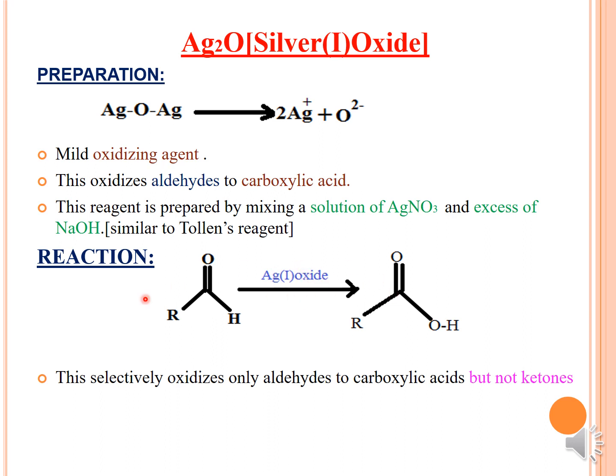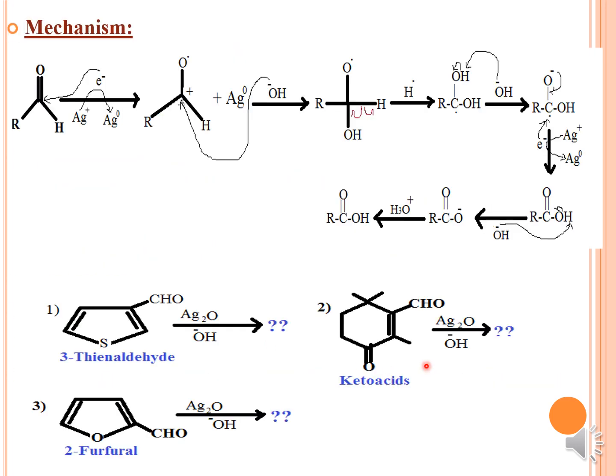So moving on to the reaction part, if you see here in the reaction, we are taking the aldehyde, and if we are treating it with the silver oxide, this gets converted into the carboxylic acid. And remember, in the next slide, if you go through the mechanism, this mechanism is basically based on single electron transfer. Alright, so here we are taking the 2Ag plus, so one Ag plus is reacting over here and one more over here.